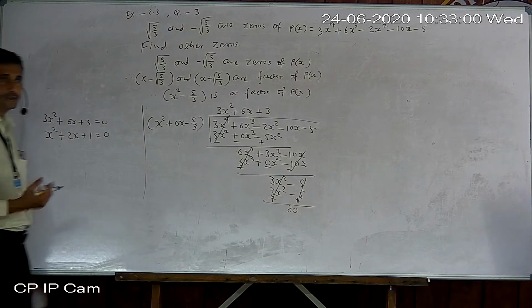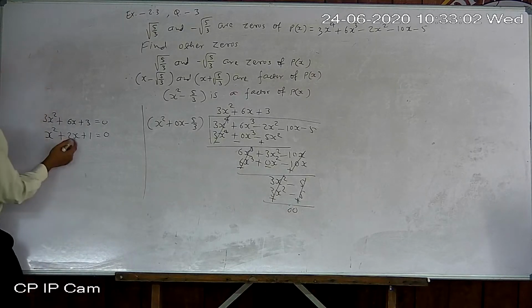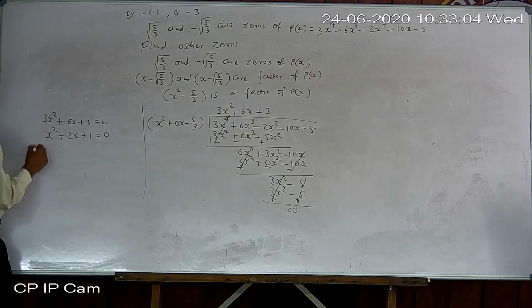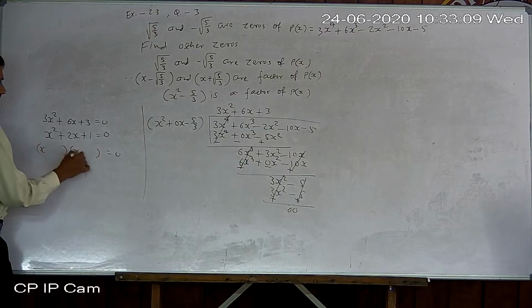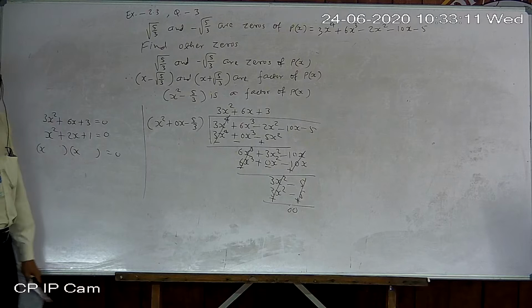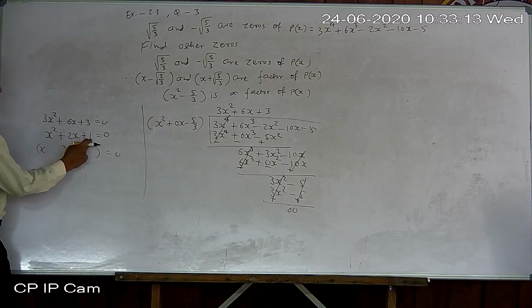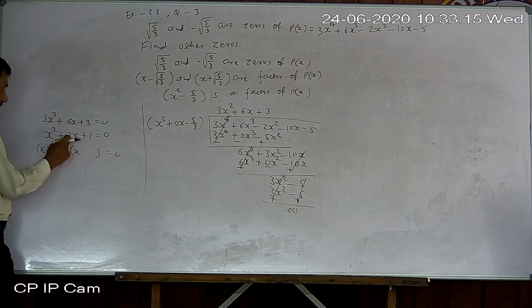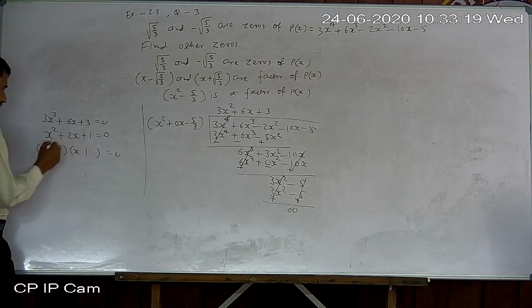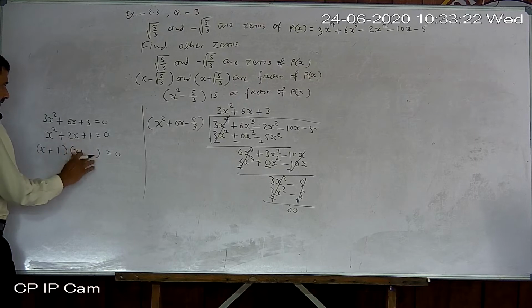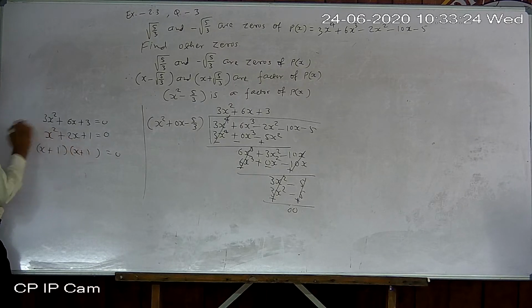0 by 3 is 0. Now look here, a is 1. So we can write the factors directly. How? First write x. Then what do you want? 2 from factors of 1. You want 2 from factors of 1 by addition only. So 1 and 1. The sign is that of the middle term, because we want plus 2. So plus 1 plus 1 is plus 2.